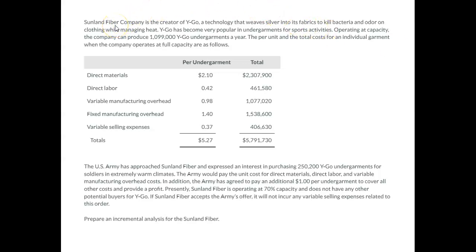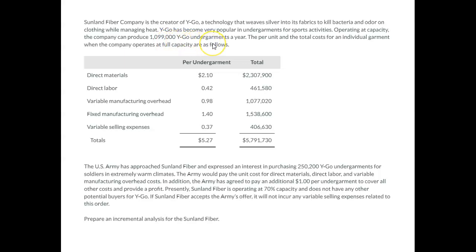Sunland Fiber Company is the creator of WIGO, a technology that weaves silver into its fabrics to kill bacteria and odor on clothing while managing heat. WIGO has become very popular in undergarments for sports activities. Operating at capacity, the company can produce